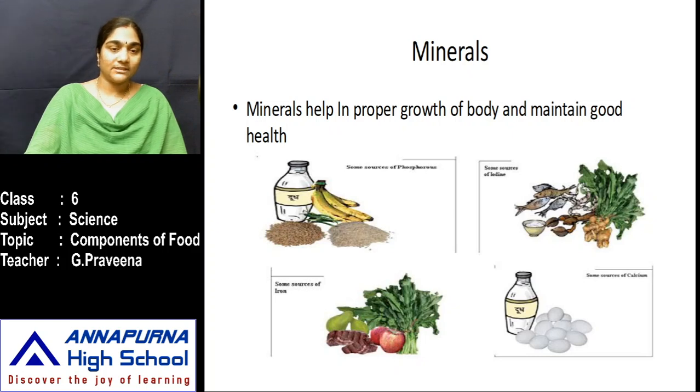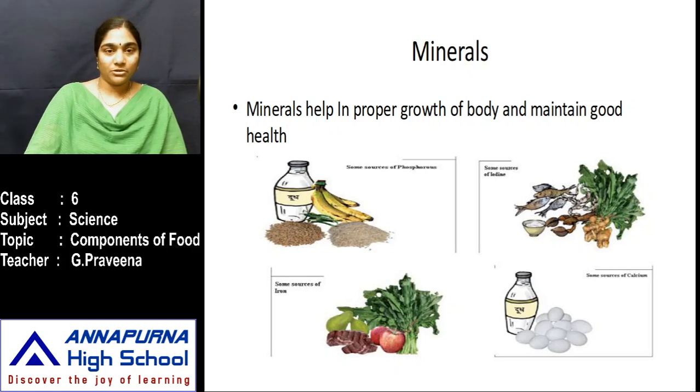So phosphorus is present more in banana, rice, wheat, green chilies and so on. So these are the food sources which consist of major proportions of phosphorus. Then coming to iron. If there is an iron deficiency, the concentration of blood is low in those people. Iron is present more in jaggery or green leafy vegetables, apples and also liver. So these food items are major sources of iron.